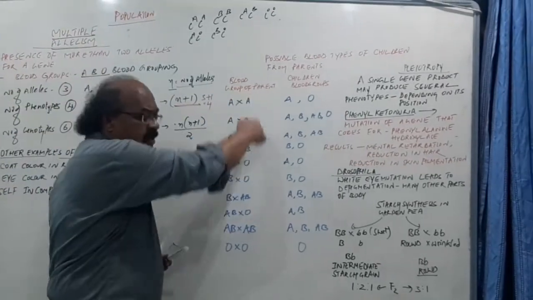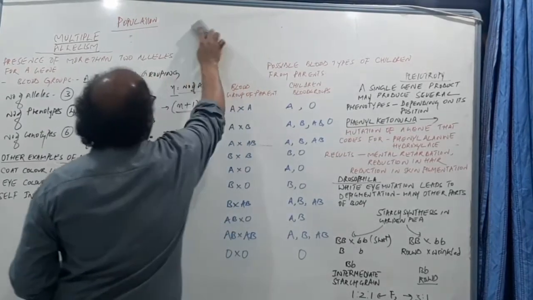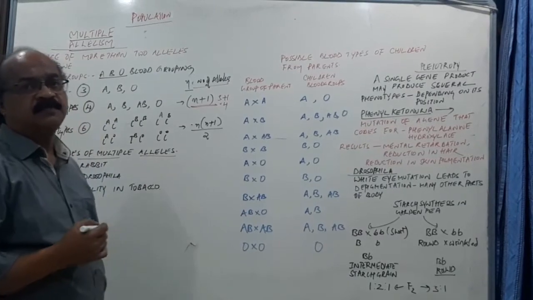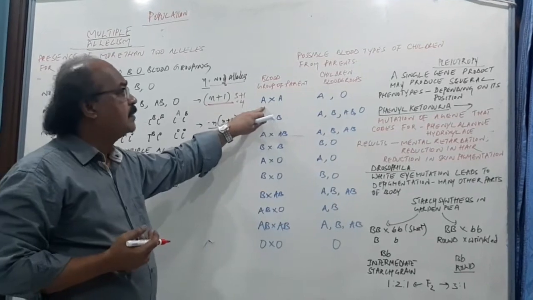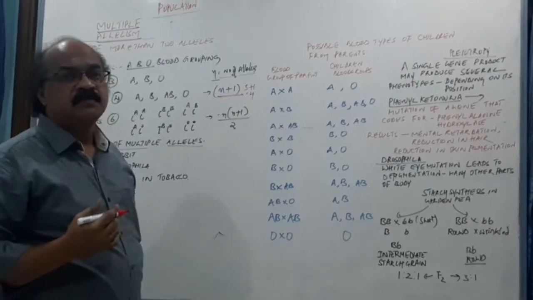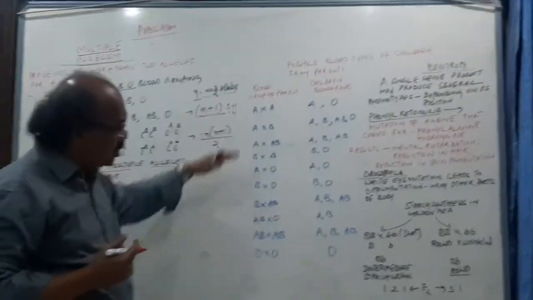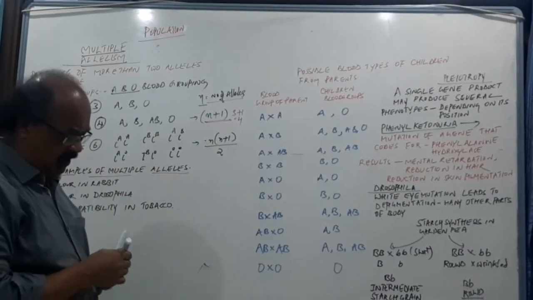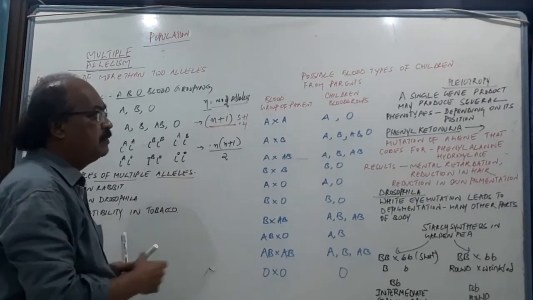And this is the thing definitely you have to practice. What are the possible blood groups of the children? They may give you the parents, and you have to predict the blood groups of the children. I'll demonstrate 1 or 2 cases. You please work out all these cases. The parents are having, both are having A blood group. What are the chances of getting A or other blood groups in the case of children?